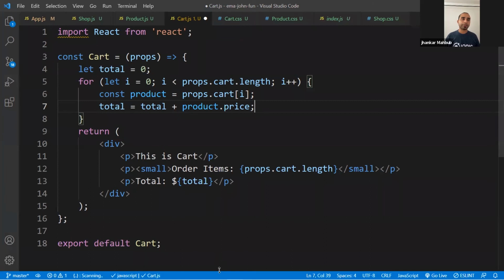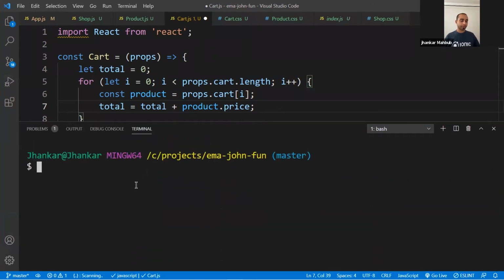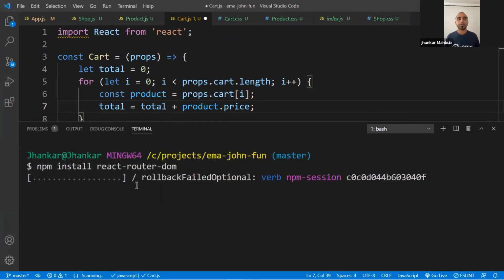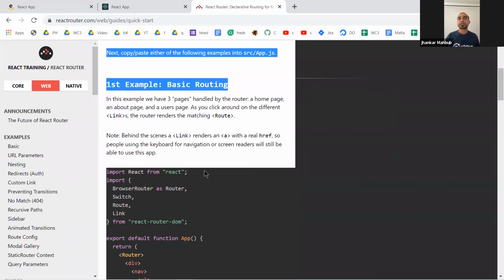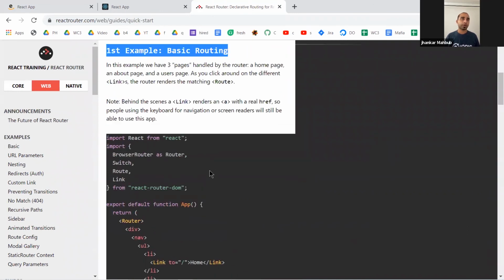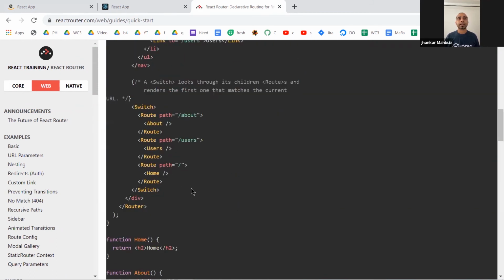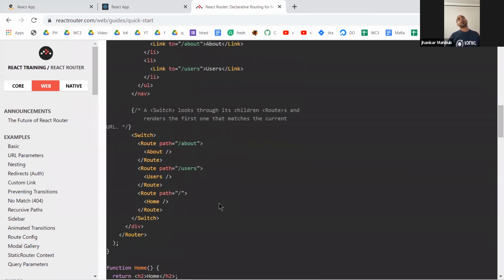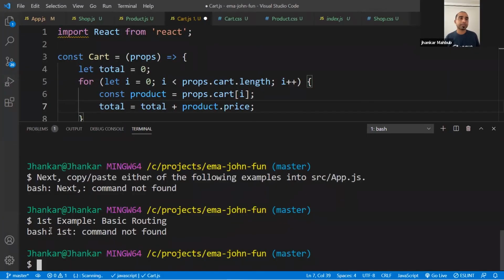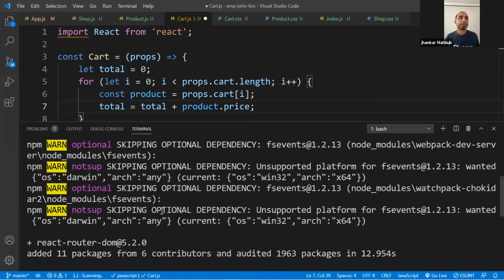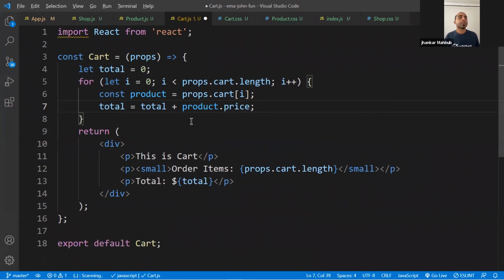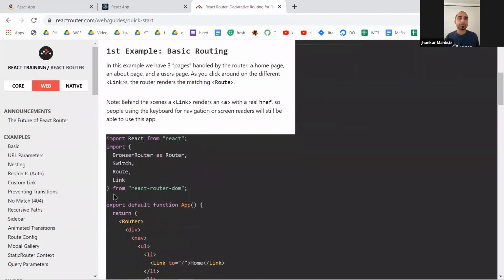you can have a terminal here, and then you can paste this, and this will install React router DOM for you. And if you look into the first uses, this is super easy. All you need to do is import all this stuff and then create a router overall, and inside the router tell different paths to do different things. We see that the installation is completed, so we don't need this anymore. Now we can do all this part from here.